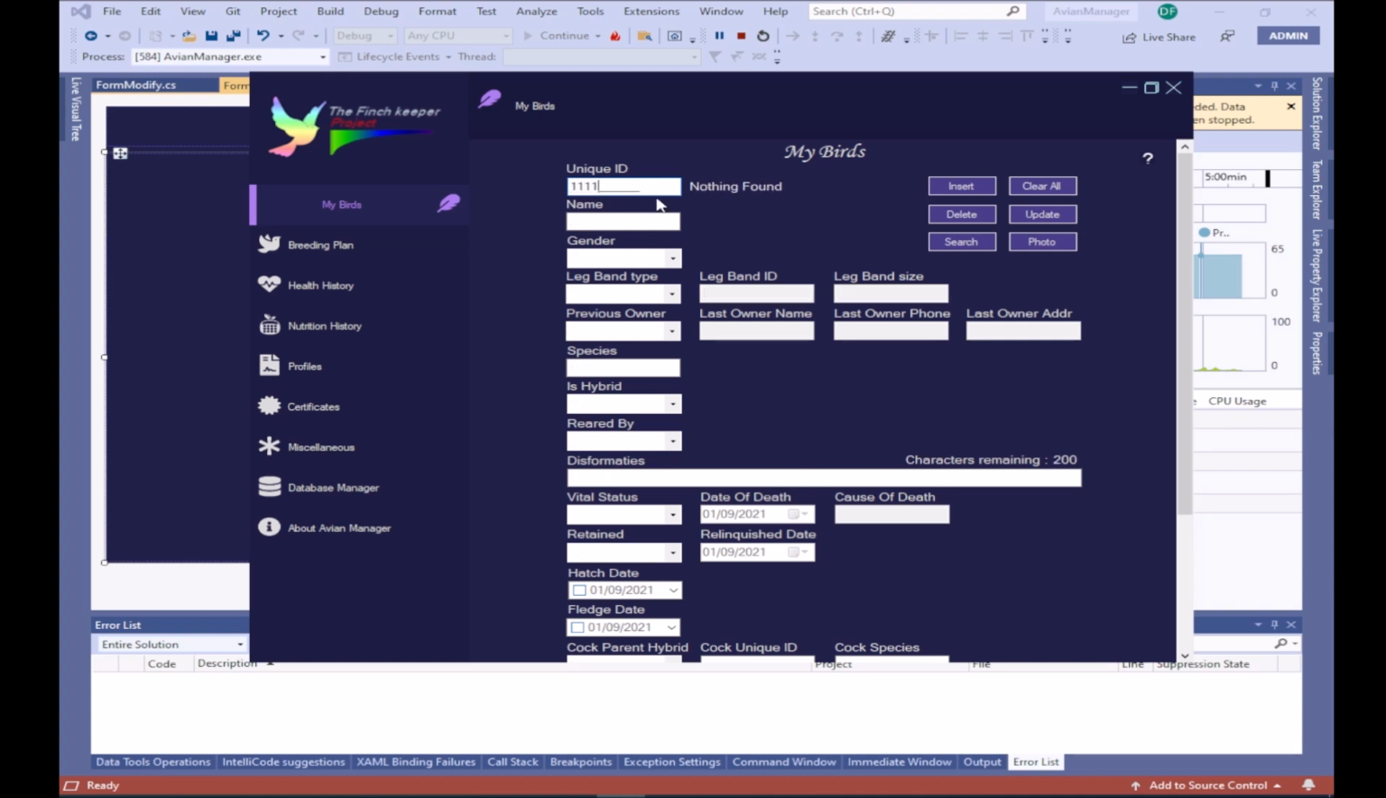So there's nothing there. If I want to add a bird to that, I can go down and put something like Joey. It's just a common name. A hen. Let's just say that this has a closed ring, and we'll just put an ID number, and the leg band size would be C. Previous owner, no. But if there was a previous owner, I could put their name, their phone number, and their address if they wanted to give it to me. That was not everybody